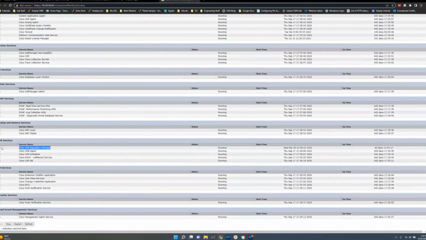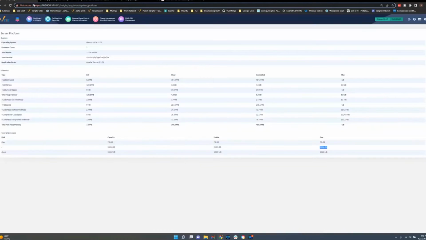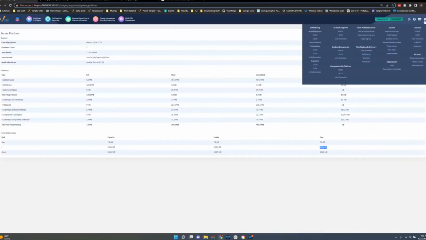So you can click on the radio button, click restart. It'll reload the page. Most likely when it reloads, it's going to say starting. Just go ahead and click your refresh button. By the time it loads, it should show running. Then what you could do is navigate to your CLI to the location where the CDR files are going to, which can be found under CUCM clusters again.